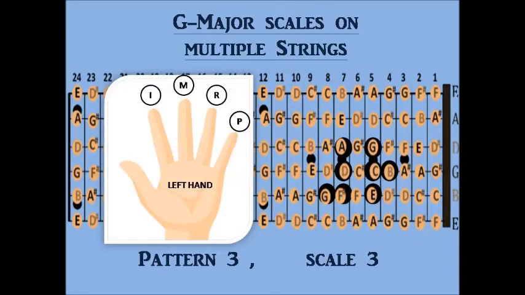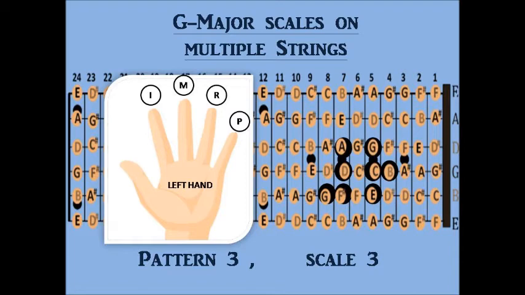For our 3rd scale, pattern 3, using the 4th string, this pattern is very important because it is also called a deform pattern. And the technique we use for the deform patterns is called walkover. Let's first see the scale.